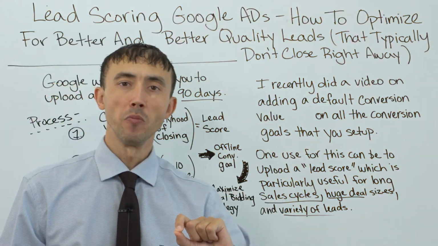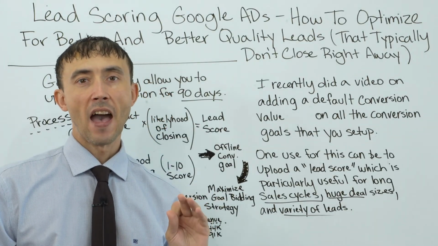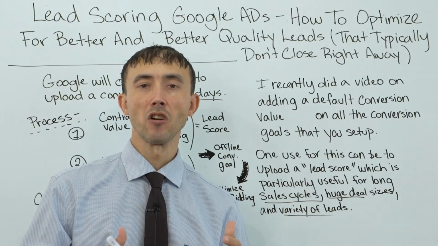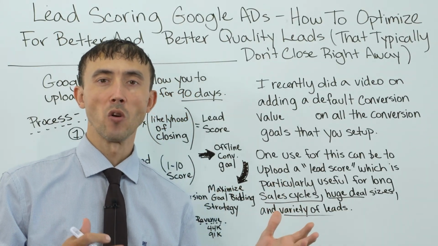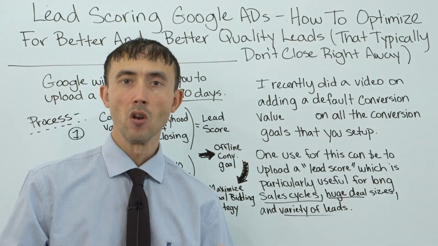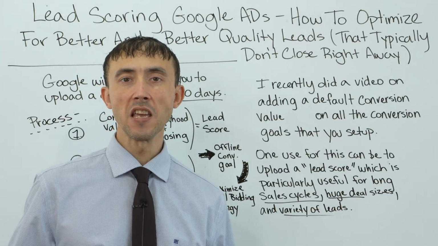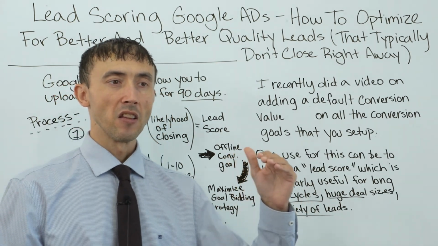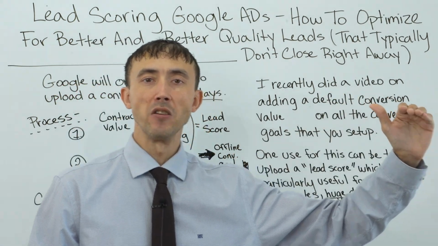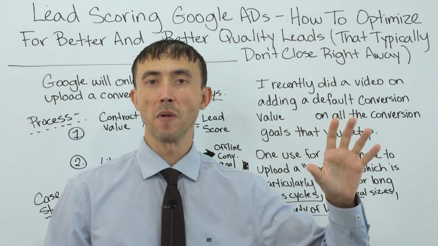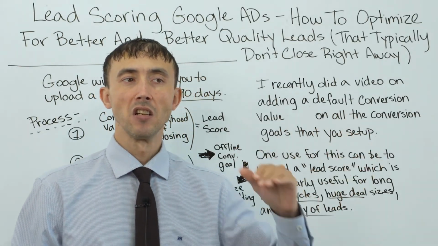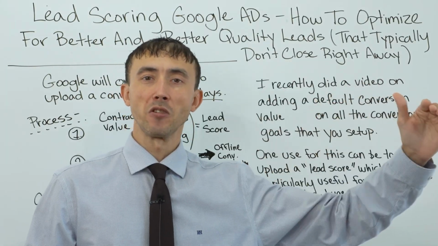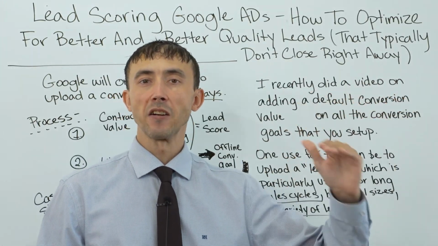That all assumes, if you will, that you can track pretty well everything in terms of sales, and so on and so forth. There's occasions where you just want to score the lead and then use the lead score to steer the campaigns. Given that the higher the number on the conversion value, particularly when you're using a maximize conversion value bidding strategy, the more Google's going to weight that particular goal and